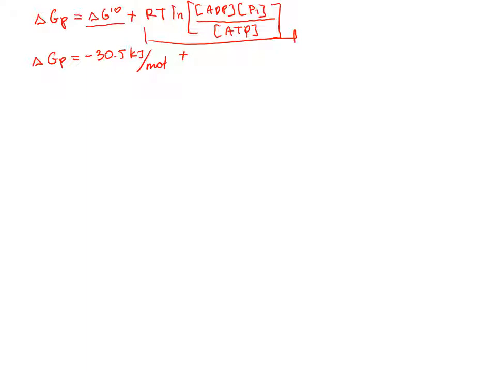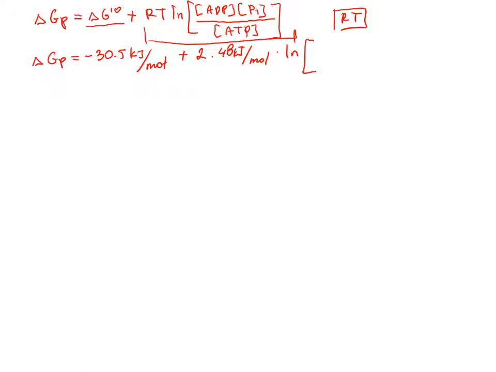And this component is, let's say, 2.48 kilojoules per mole. And if you know what this is, that's basically RT, at 300 Kelvin. And this we multiply by natural log